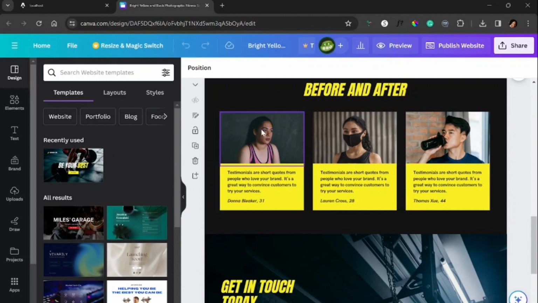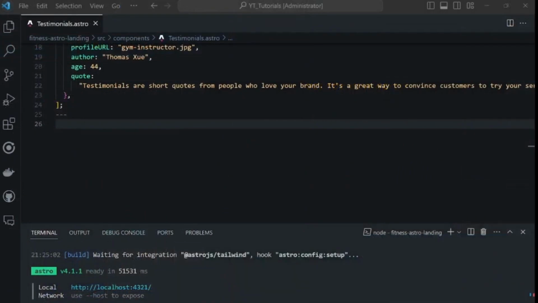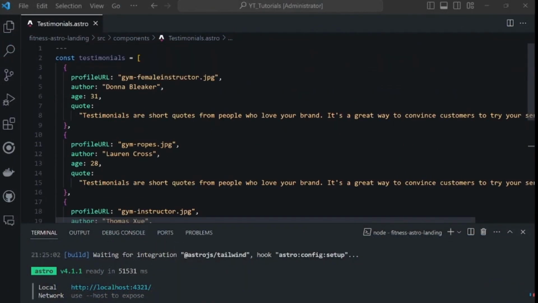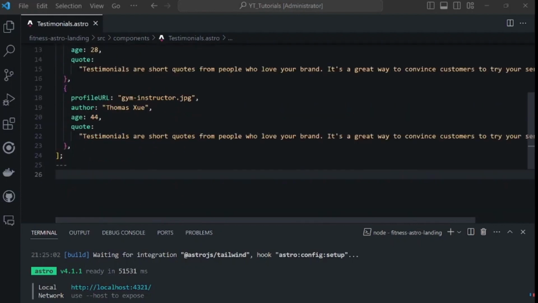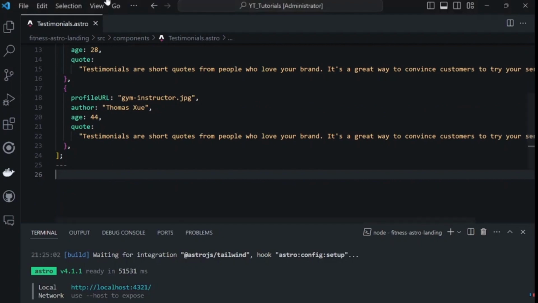We're just going to make everything in the testimonial.astro file. So let's take a look at the code. So looking again, we've got an array called testimonials, profile URL, the author, the image. I'm using ones that we already have, but obviously you can change those to match whatever you have in your public images folder. So let's create our section, again with the class,